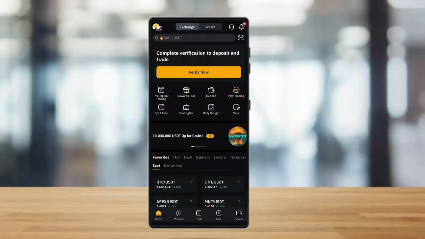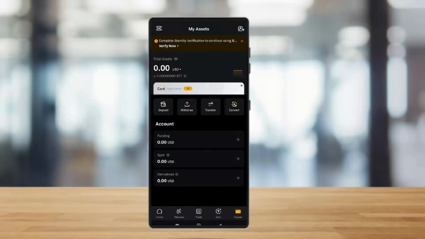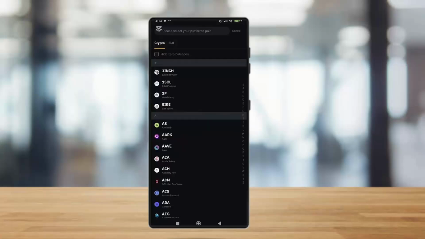So you need to now simply locate your assets section. So once you locate your assets section, you will be ending up in this kind of interface where you can find the option to initiate a withdrawal. So simply tap on withdrawal, and once you do this, you need to now simply choose Bybit wallet from the